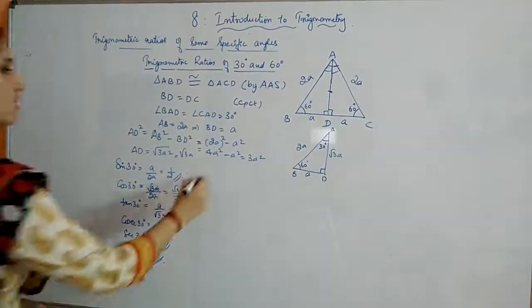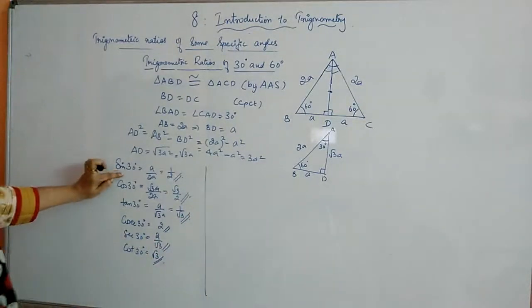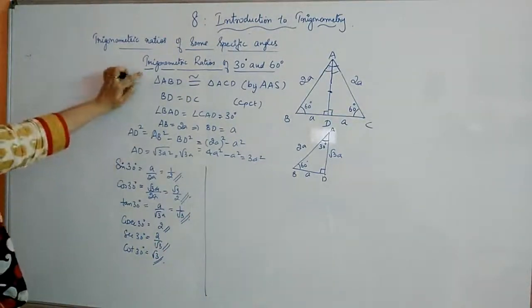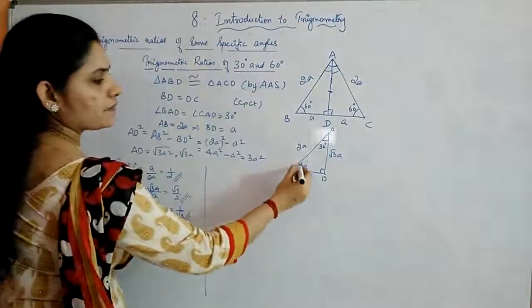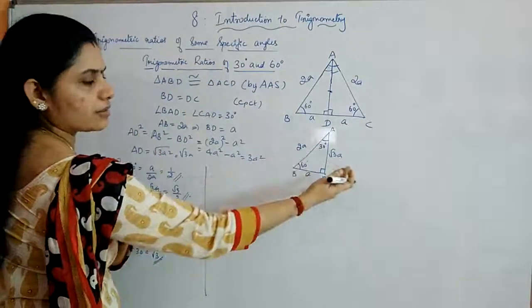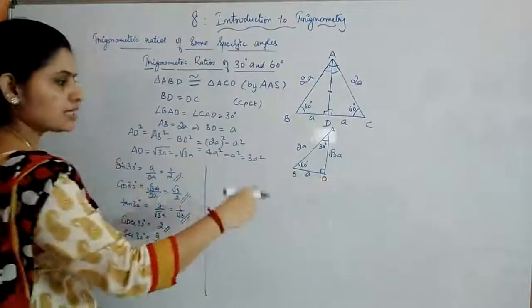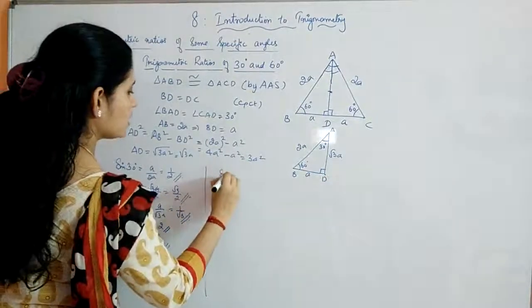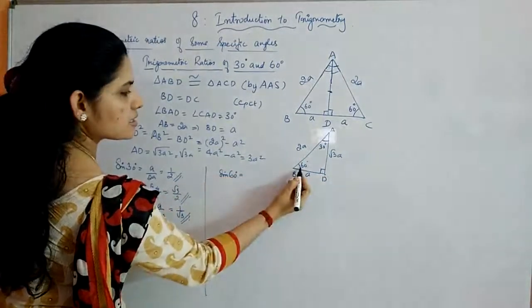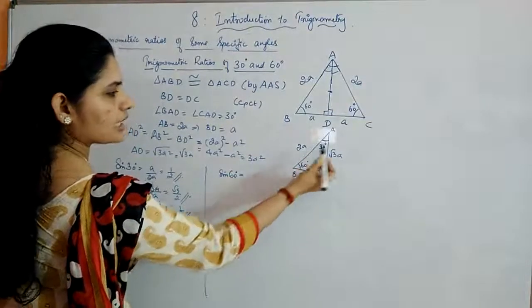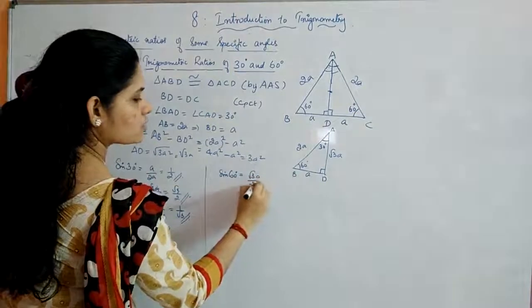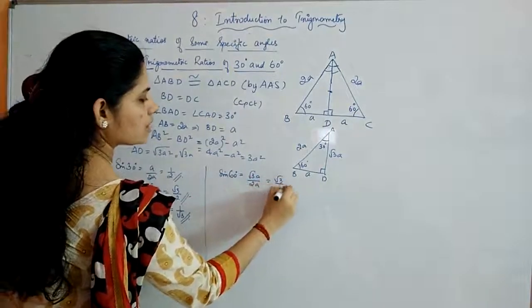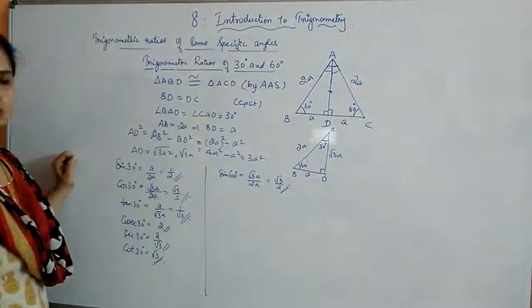Now we are going to find out the corresponding trigonometric ratios related to angle 60 degree. So here you can say this is 60. So we are just finding out from this side what will be the opposite and adjacent and all. Sine 60 degree, its opposite side is this, hypotenuse this. So you will get root 3A by 2A, which is root 3 by 2. So sine 60 is root 3 by 2.